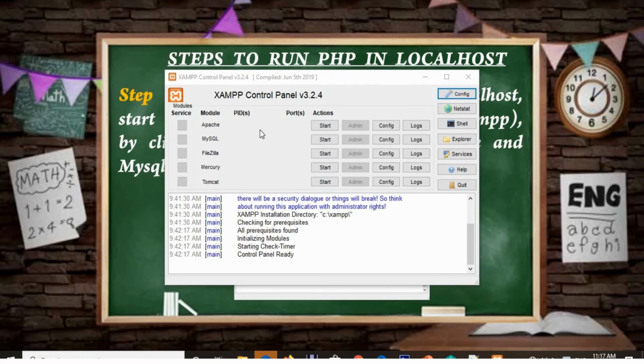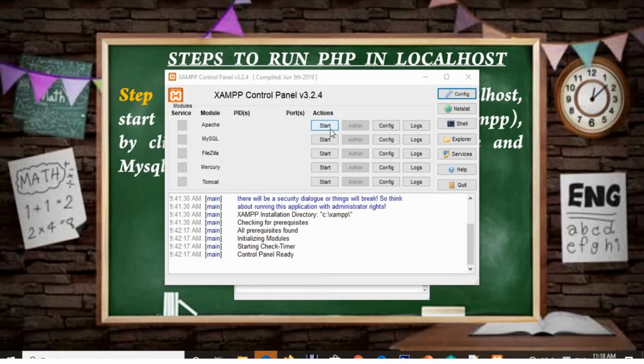Here, before learning about variables, I am telling you the steps to run your PHP program, right? To start your XAMPP server, you have to click your start menu. Inside it, search for XAMPP control panel, double click on it to open your control panel, right? When the XAMPP control panel is opened, click on the start button of Apache and MySQL, right?